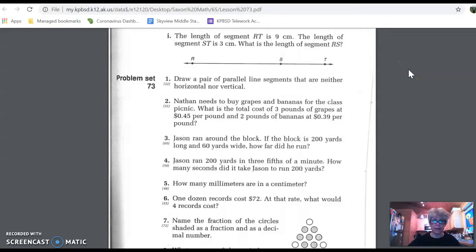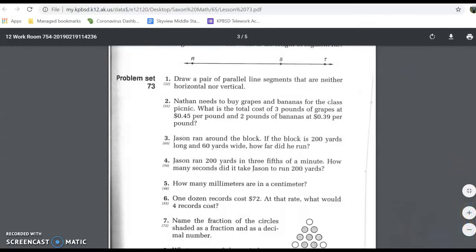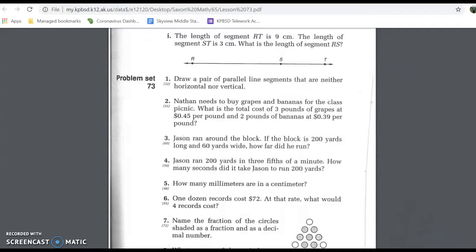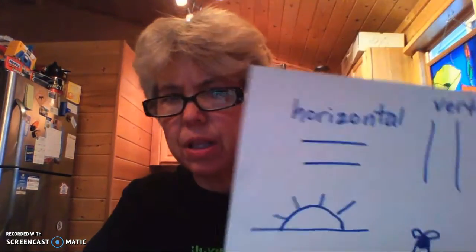Right, Lydia, here is lesson 73, number 1 and 2. Number 1 says draw a pair of parallel line segments that are neither horizontal nor vertical. So let me see if I can get this to come on the whole screen. There we go. So here we have